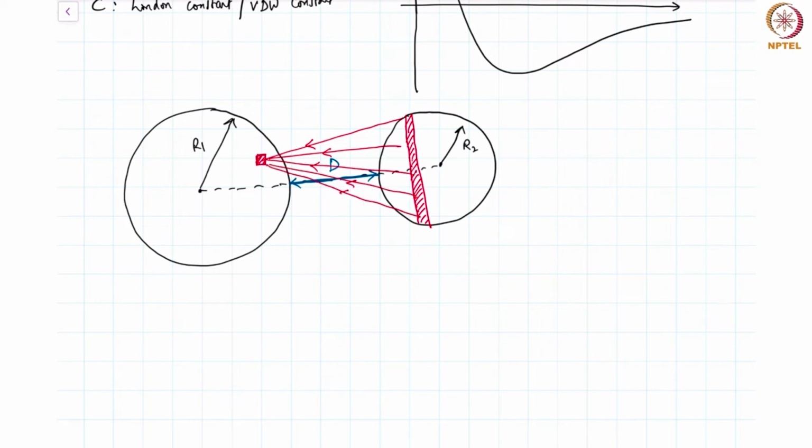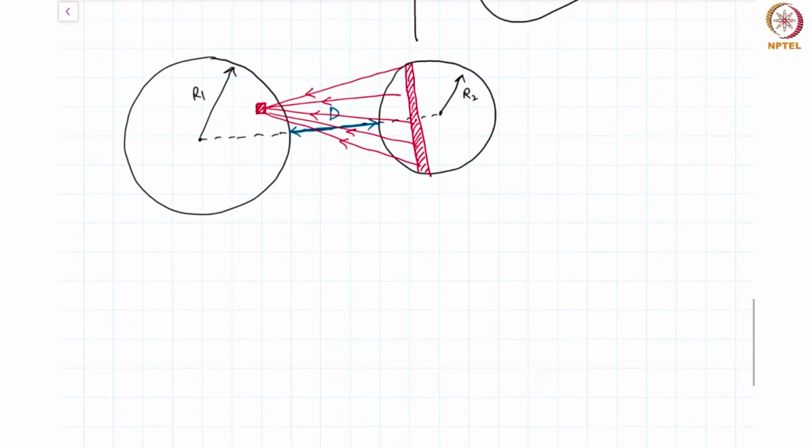We would have to integrate across this, and similarly across the entire body, and this is only at one particular location. When we do this over the entire surfaces of the bodies, we can expect the energy of interaction between macroscopic bodies